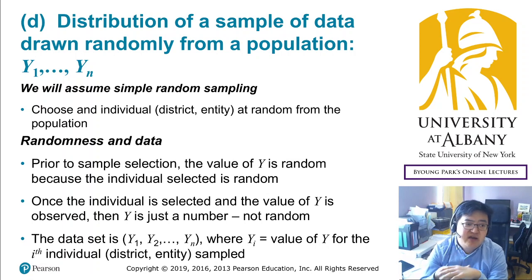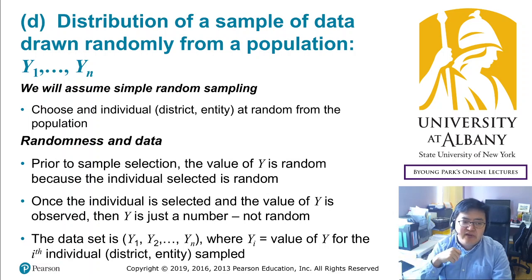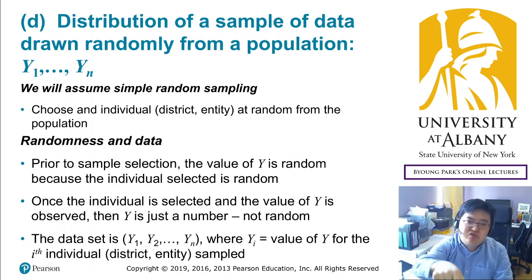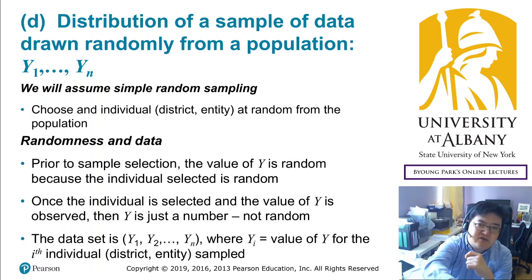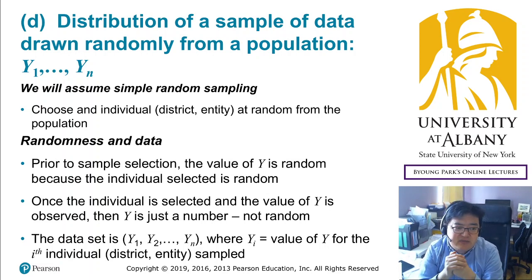And we assume that the sample is randomly chosen from the population. It is not biased in a certain direction, but it is randomly chosen. It's simple. From the population, you choose a unit, an object, one by one at random. So choose one person and replace back to the population and choose again and then repeat that many times.